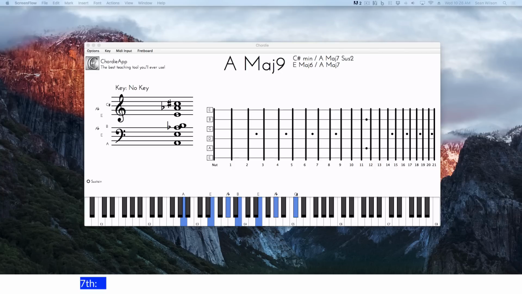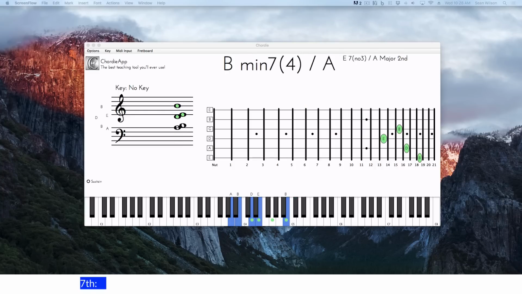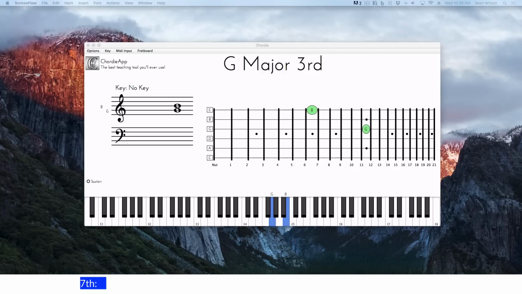Okay, and then we have probably A9. A9 sus4, because there's no C. The C's moved up here to the D, making the sus. A9 sus4. So we have, again, E minor 9,